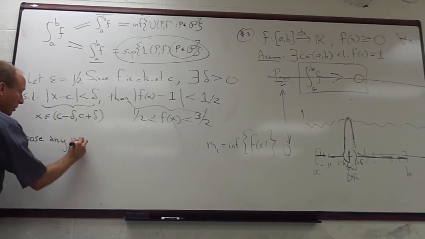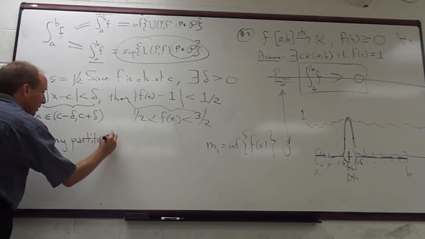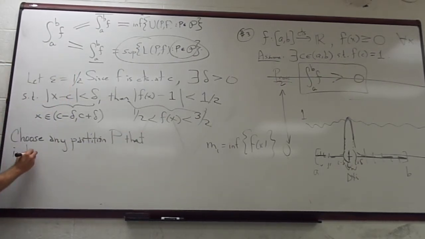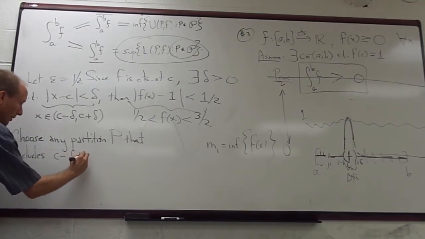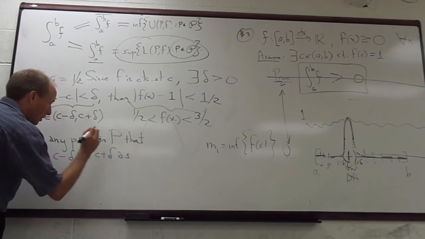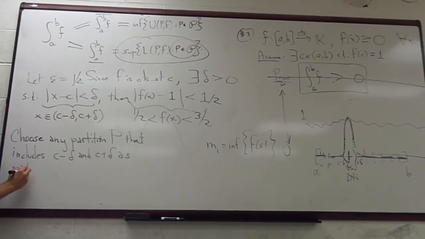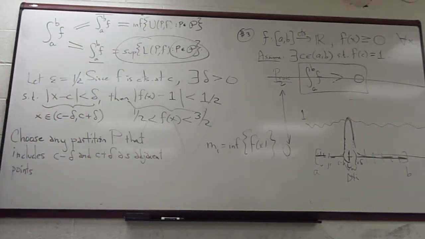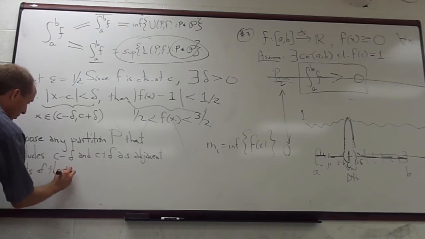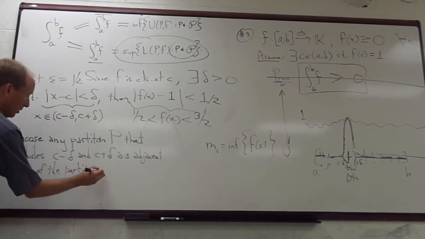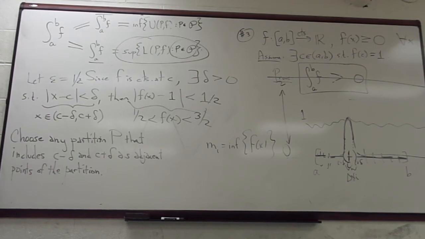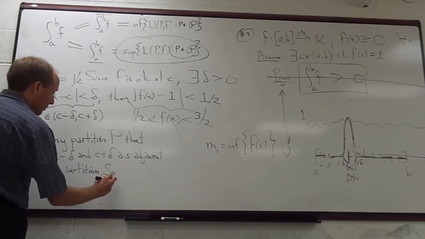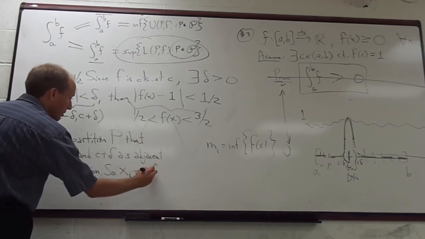Okay. So I'm going to choose any partition P that includes c minus delta and c plus delta as points, I'm just going to say as adjacent points, meaning they're consecutive points of the partition. That's actually not totally necessary, but to make the proof easier and cleaner, that's a better thing to do. Okay. So let's just say xi is c minus delta and xi